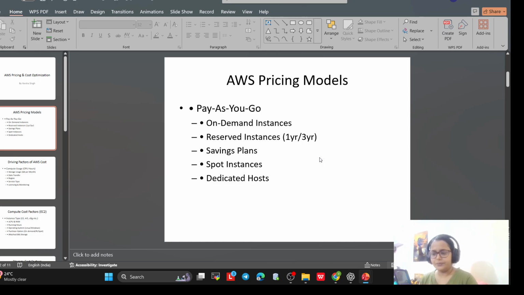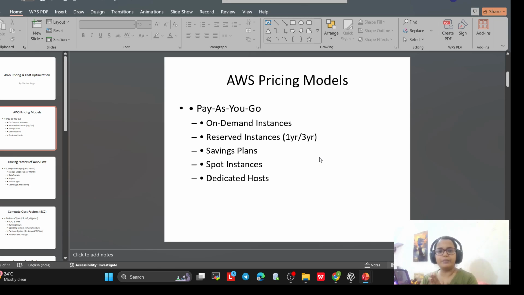What is it? In simple terms, AWS gives you pay as you go, or we can say save when you commit, like a savings plan: pay less by using more. So there is the on-demand instance. There are too many types of EC2 instances that I have covered in my EC2 video, so here I'm not going to deep dive, but for reference, I'm saying on-demand instance is there,